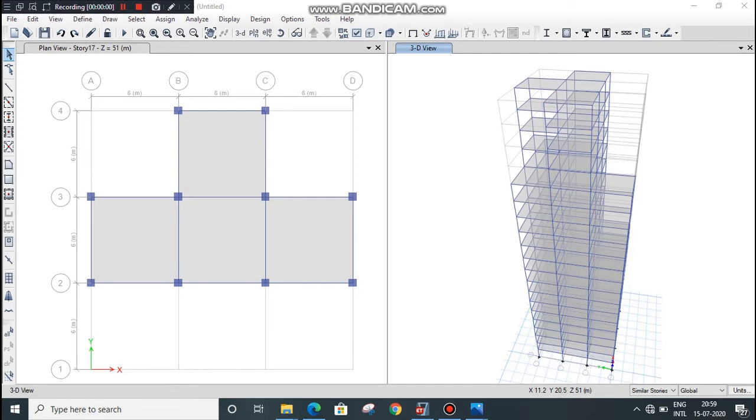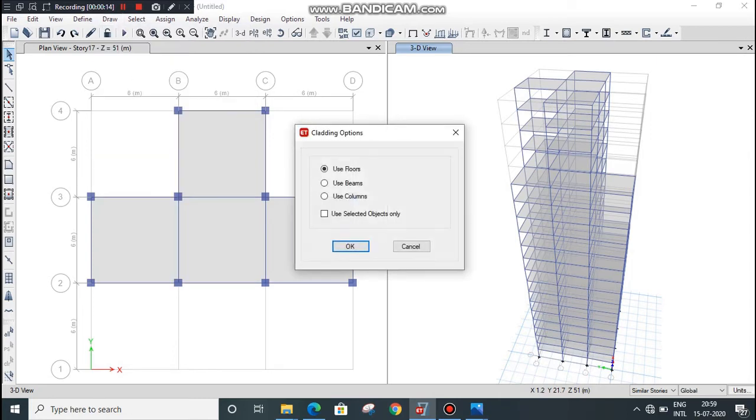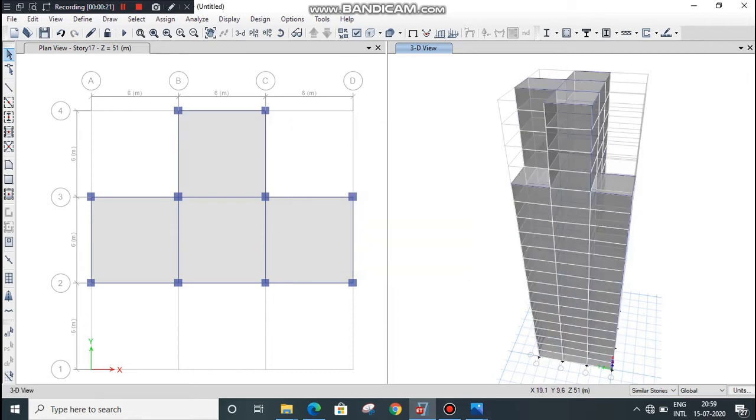Now we will draw walls using auto draw cladding option. Go to draw menu and go to auto draw cladding, click on it, use floor option and click on OK. As you can see here, walls get added to our building.